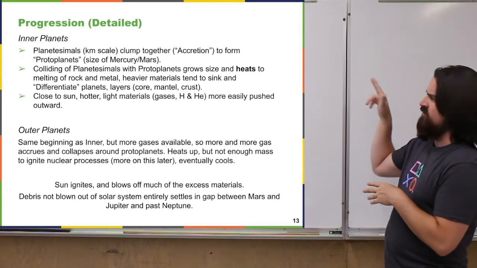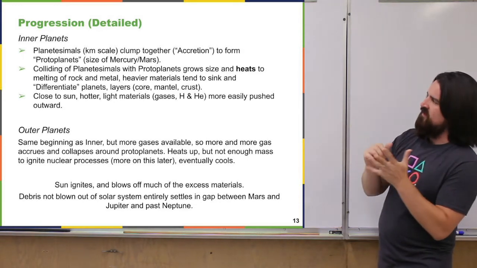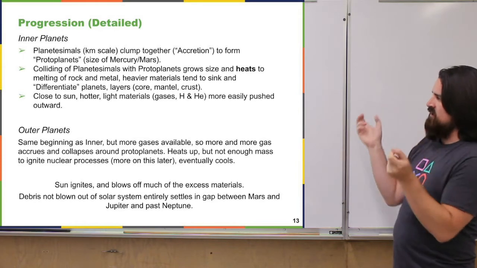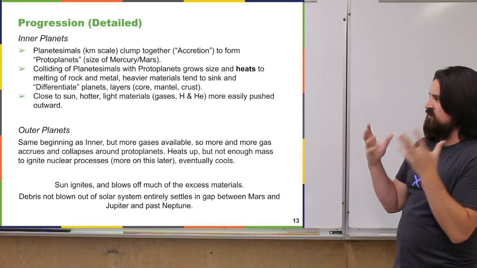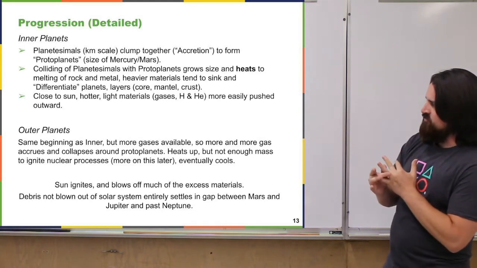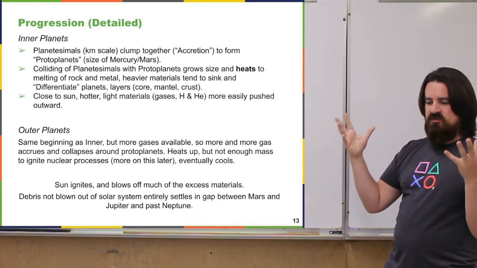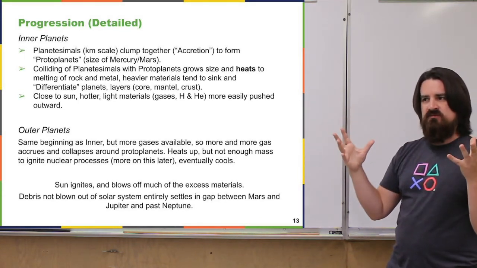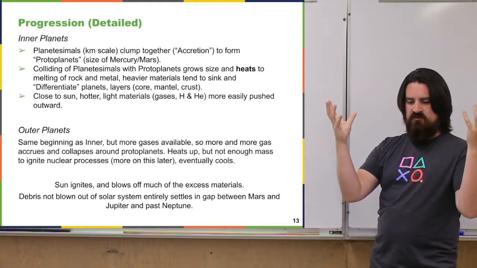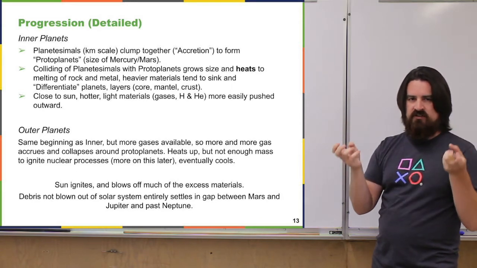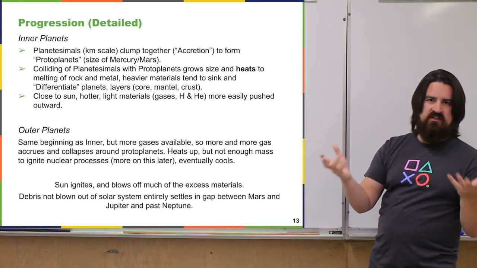A little bit more detail here that I forgot as well. Once those planetesimals are colliding, pretty big things colliding, that generates a lot of heat. And that is generally enough to actually melt the material that these protoplanets are made of. So they're rock and metals, but also lighter stuff, hydrogen and helium. But once the planets are melted, you get this process called differentiation, where the heavier elements like iron and nickel, which are heavier than, say, helium and hydrogen,